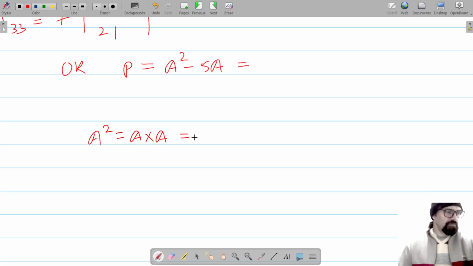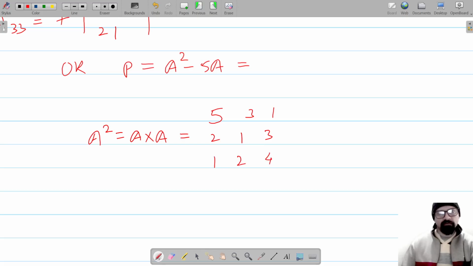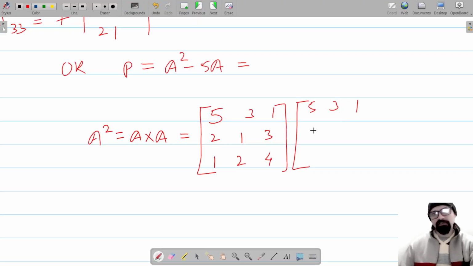तो जो हमारी A matrix है वो है 5 3 1, 2 1 3 और 1 2 4। इसको multiply करेंगे, ये है A matrix, इसी को multiply करेंगे A matrix इसी के साथ दोबारा। सो 5 3 1, 2 1 3 और 1 2 4।